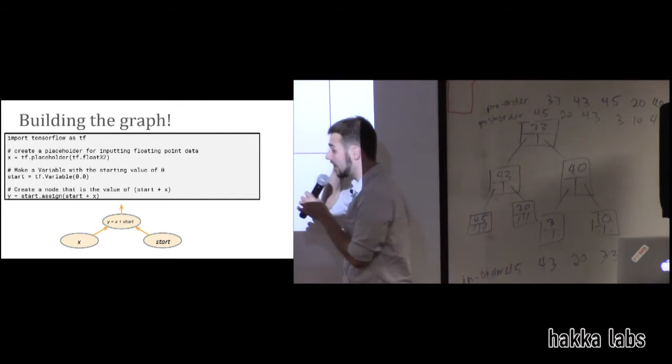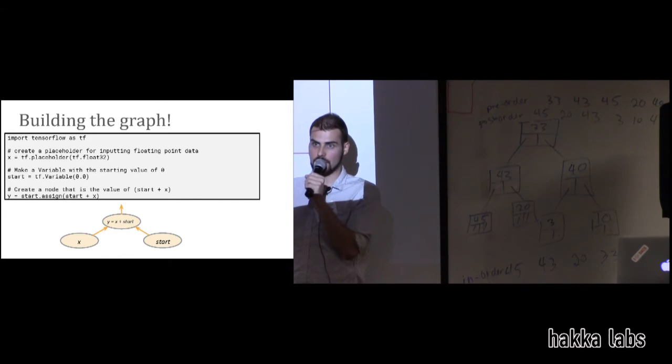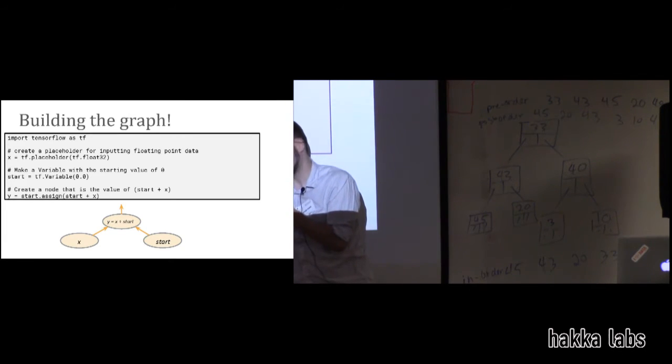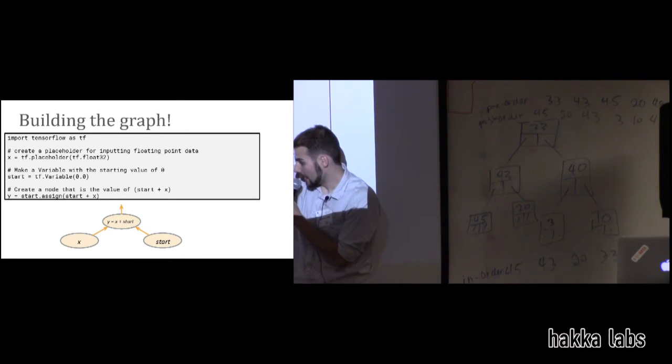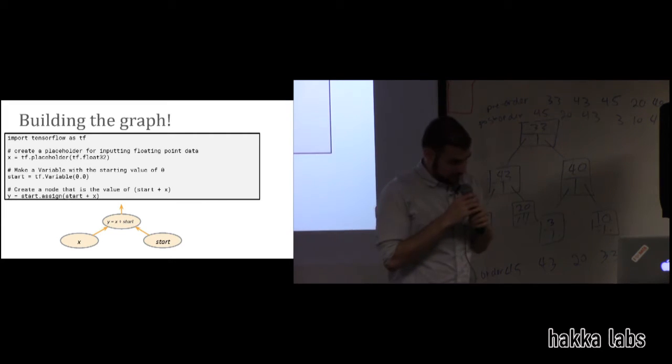Okay. So the basic idea is, we start with node x, right? And when we first define the code, we would have just x by itself with no arrows pointing anywhere. It's just a node hanging out in space. We, as the programmer, have access to its output, but for now, all the program cares about is that x is hanging out. And then the same thing with start in isolation of x. Start is hanging out by itself.